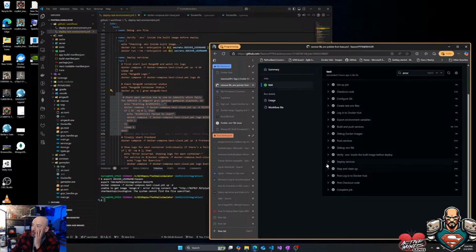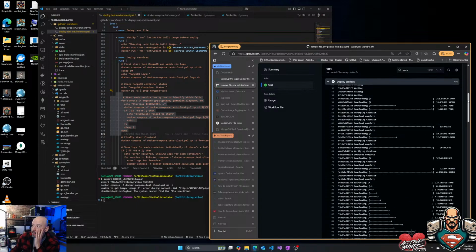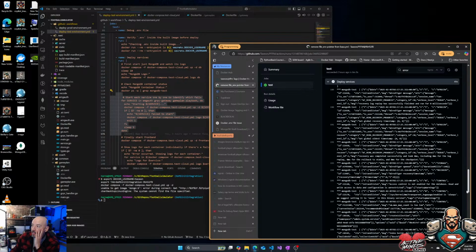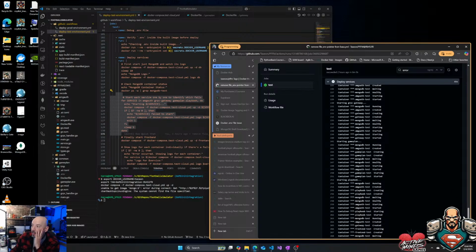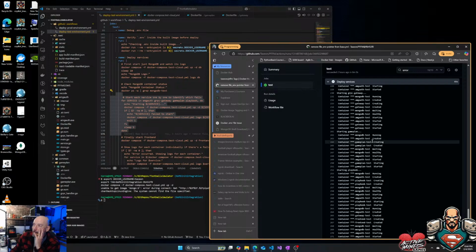And then we go to deploy services, which is what actually puts it out on the environments. Now, these things are supposed to run. See, you can see it running, creating, everything coming up, and everything's healthy and starting. I don't know. Here's what I don't understand. How come there are so many? Starting game plan, starting playbook, but